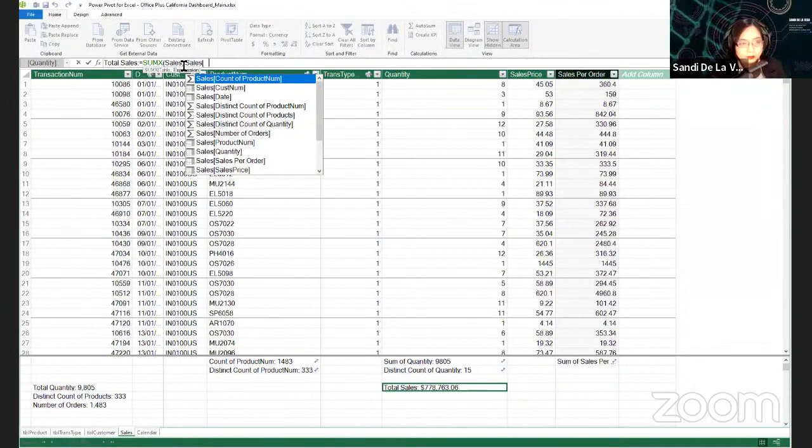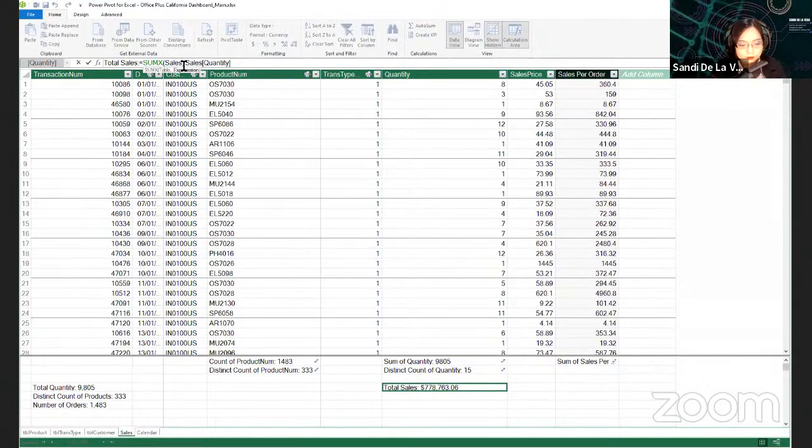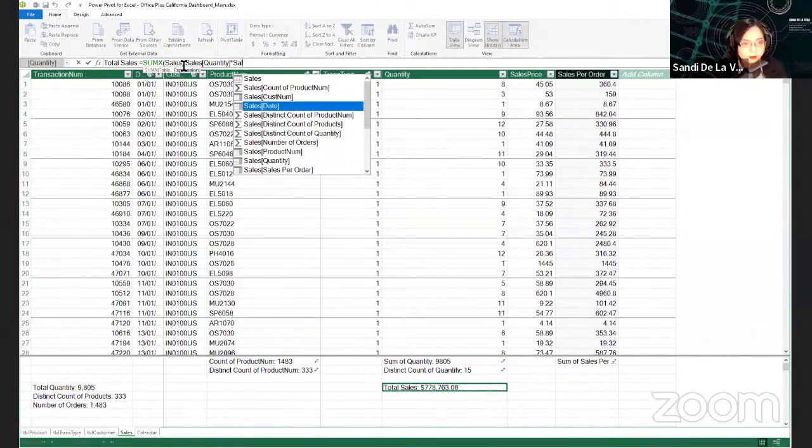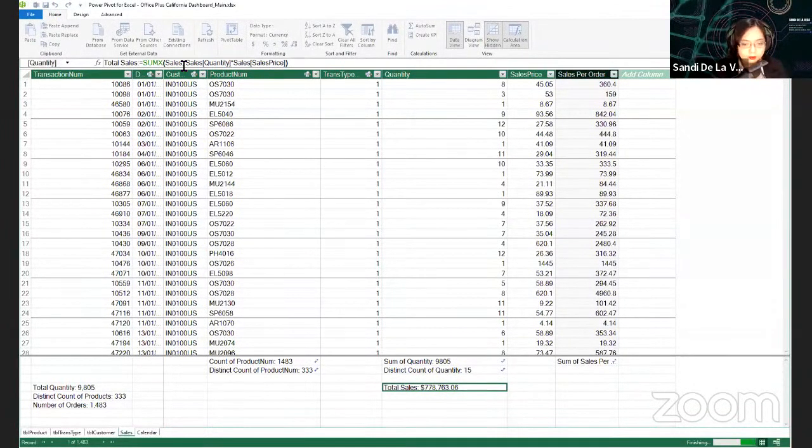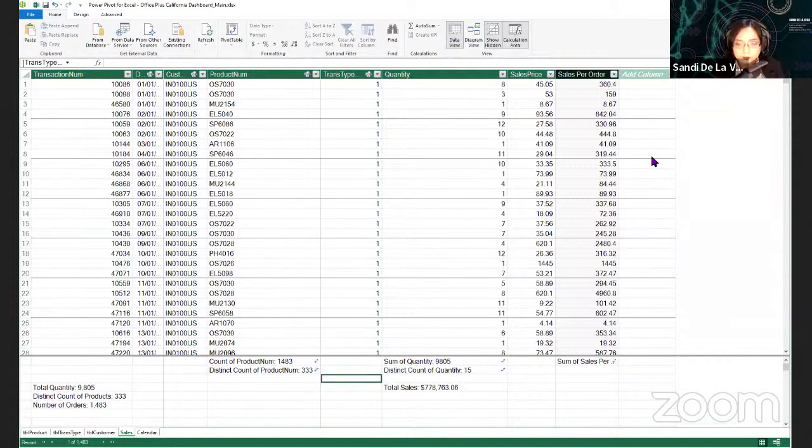For example, sales quantity multiply by sales price. It will provide us with the same value of total sales. So let's save it for now. Going back to the Excel.